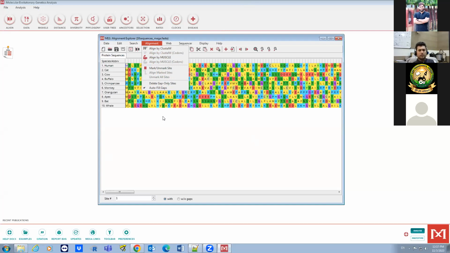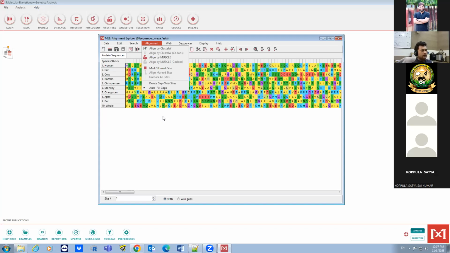It is not like there is a drastic difference between ClustalW, MUSCLE or a different tool. There may be differences in how they are penalizing gaps, how they are giving the score for match, mismatch, or maybe gap opening penalty, gap extension penalty. So the algorithm may differ in certain parameters. That's why some results may vary. Otherwise, more or less the results are similar.